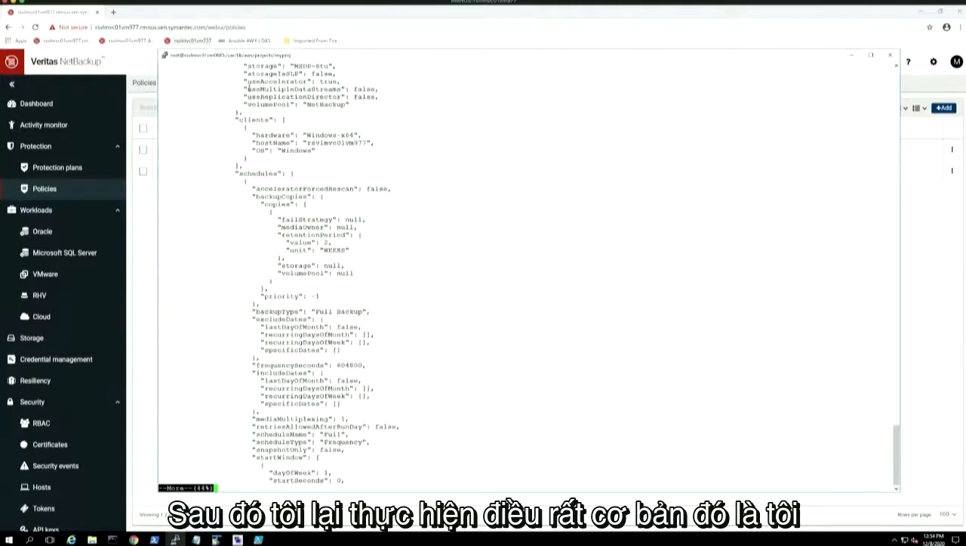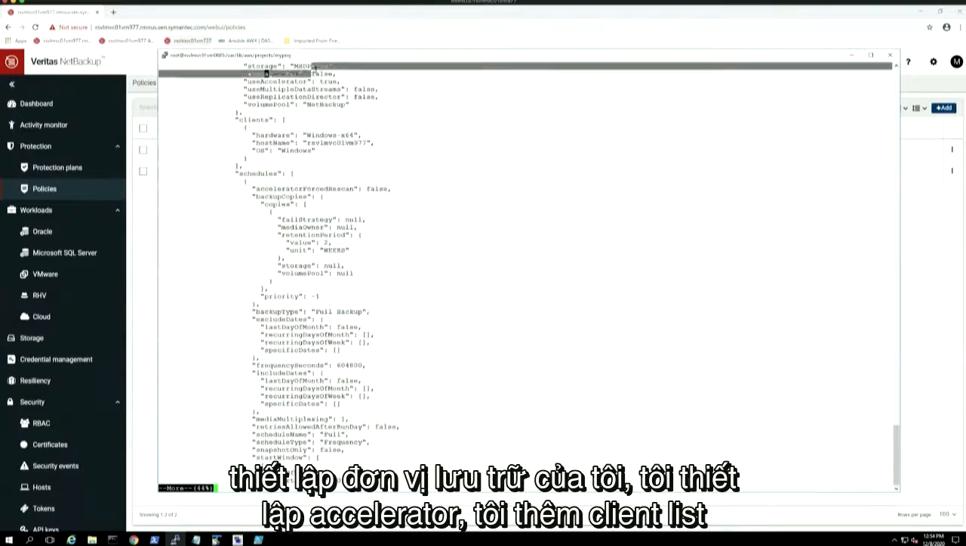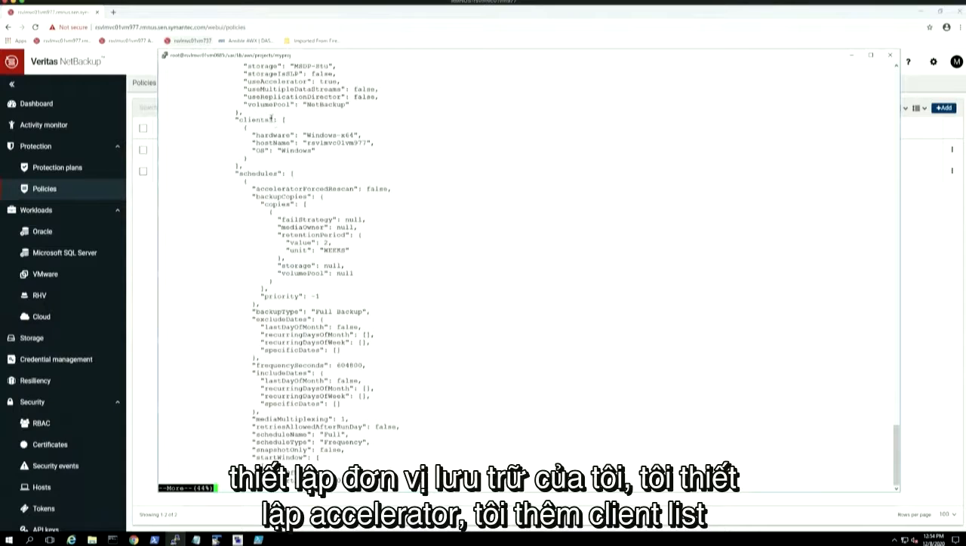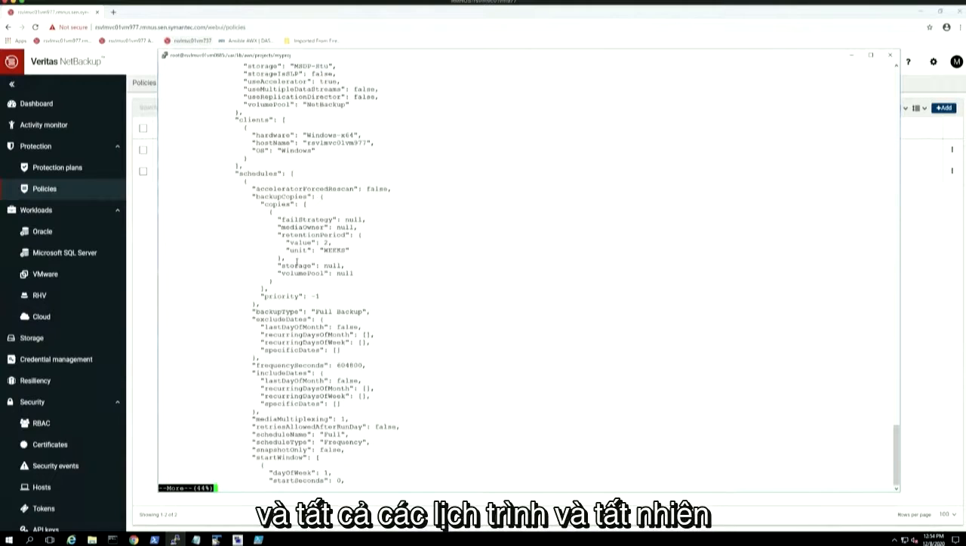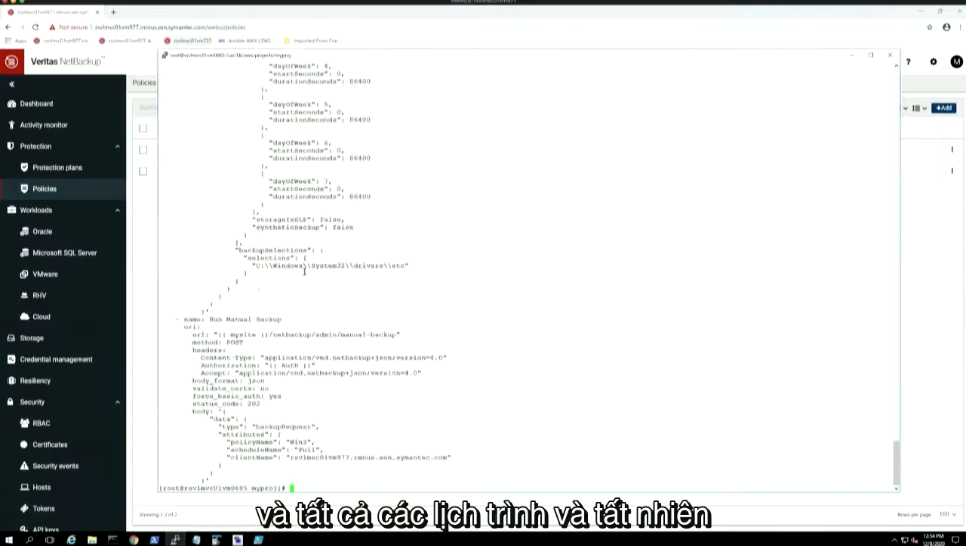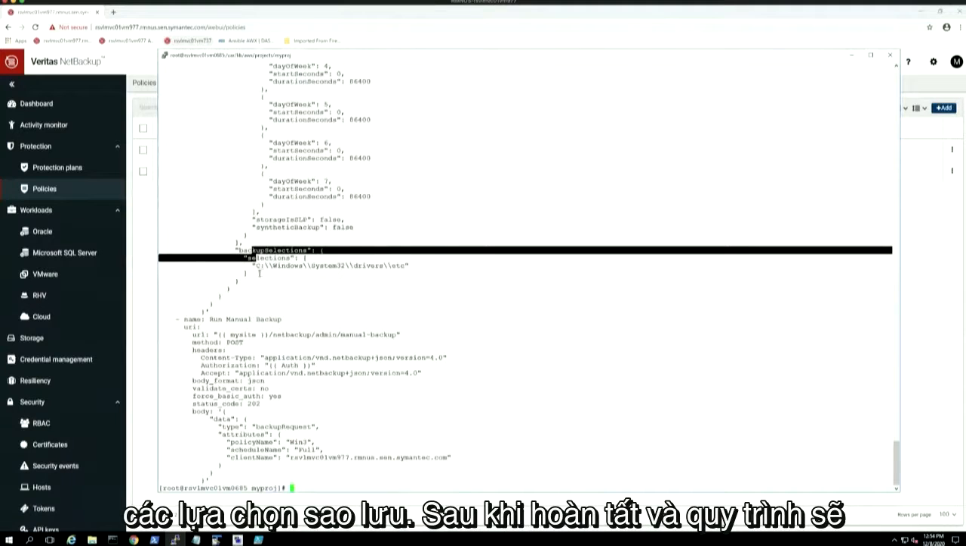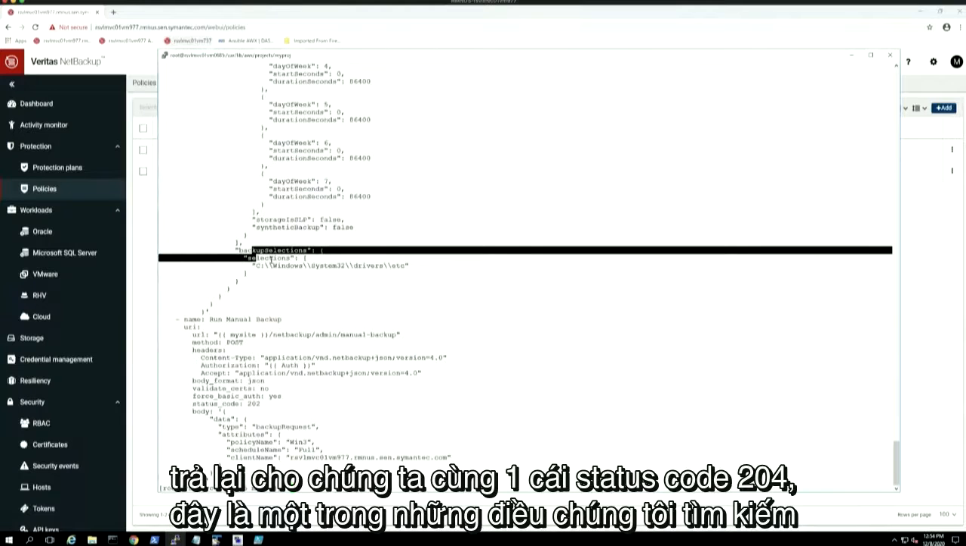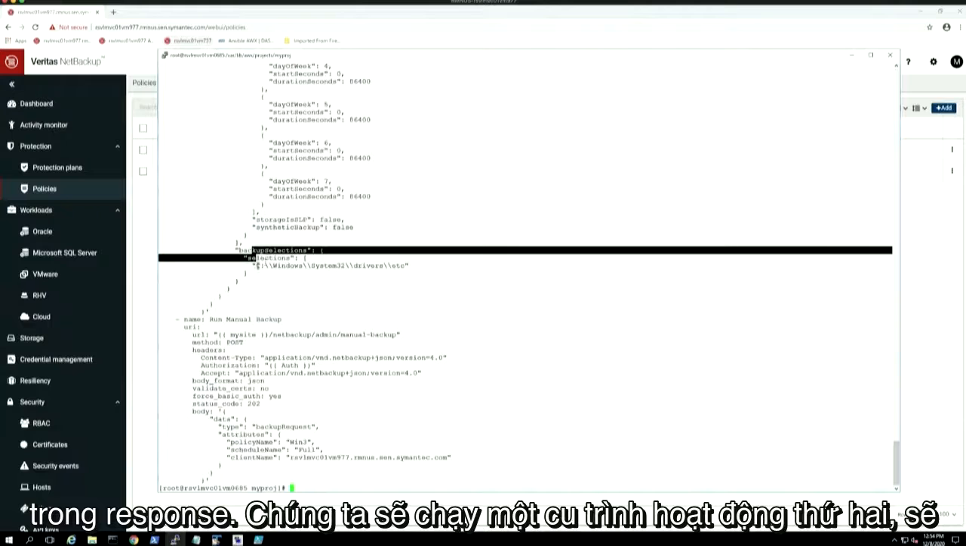And then I do the same basic thing. I set up my storage unit, I set up accelerator, I add the client list and all schedules, and then, of course, the backup selections. Once that is complete, and it'll actually return us the same status code 204, which is one of the things we look for in the response here, then we're going to run a second operation,